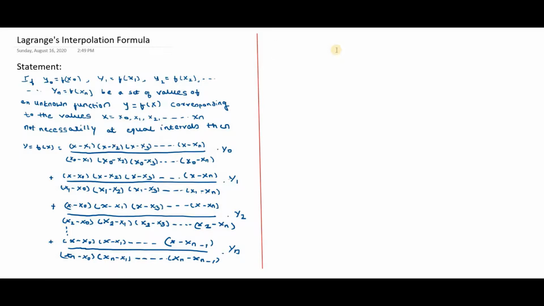Solution or proof. Let us consider y is equal to f of x is equal to a0 into x minus x0 into x minus x1 into x minus x2, continuing in the same way up to x minus xn,